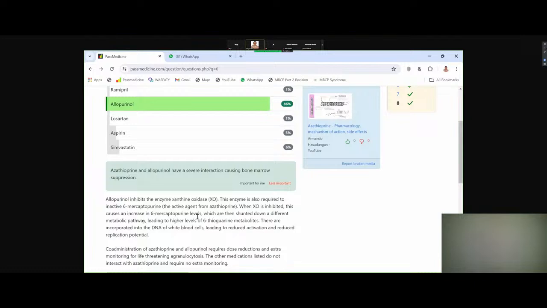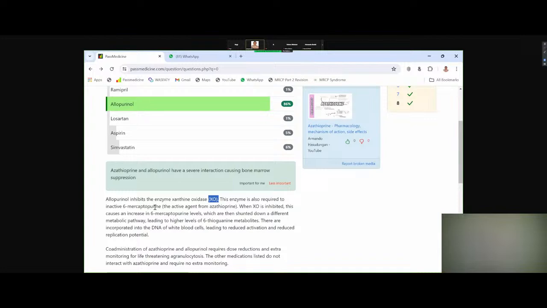This enzyme is also required to inactivate 6-mercaptopurine. So when you are giving allopurinol, which is a xanthine oxidase inhibitor, the active metabolite of azathioprine, 6-mercaptopurine, can be metabolized only by this enzyme. And when you inhibit this enzyme by giving allopurinol, you will increase the level of 6-mercaptopurine in the blood,